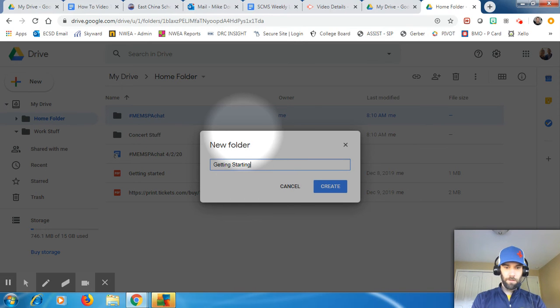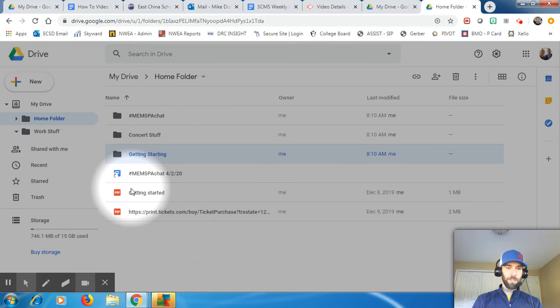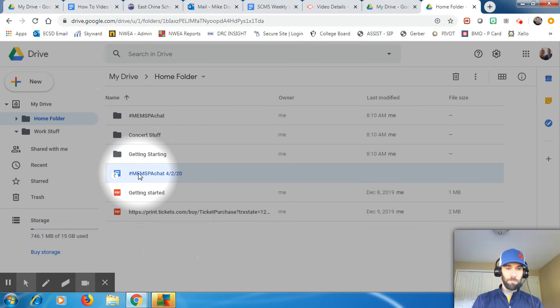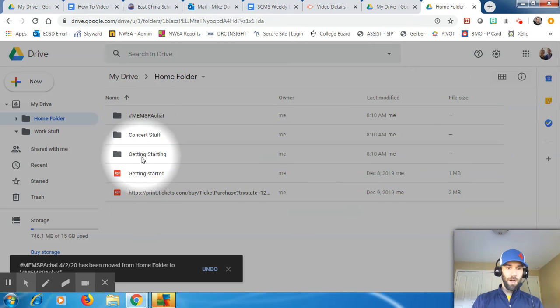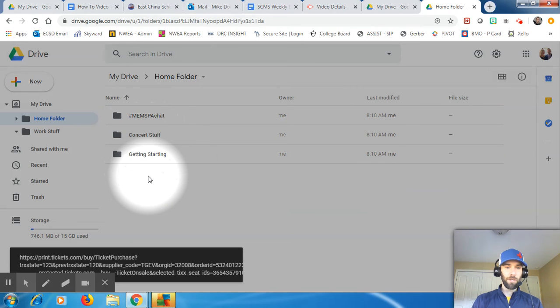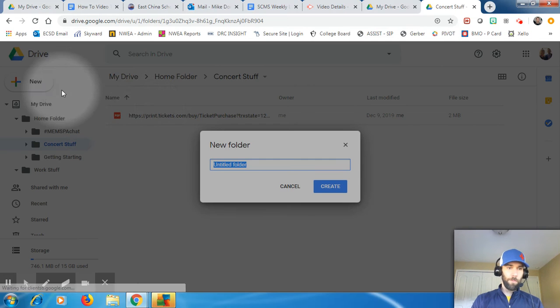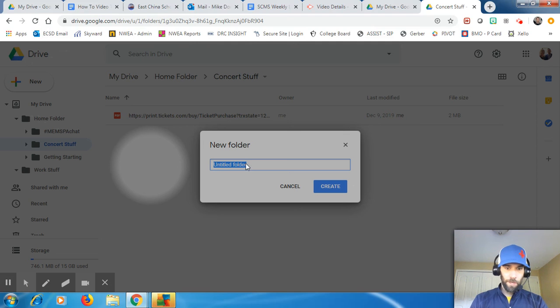getting started. Okay, so I can start creating subfolders and subfolders here, and I can start moving things into these folders. What's nice is I'll move this into the Memspa chat folder. I'll move this into the getting started folder. I'll move my tickets into concert stuff, and you can start creating subfolders based on whatever you want. So how about I go deeper into a subfolder, and I'll create a subfolder, right? And I will do